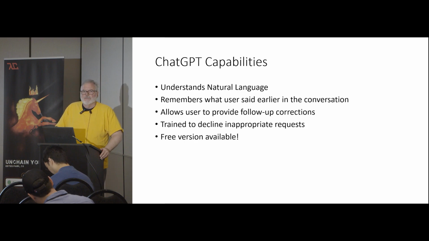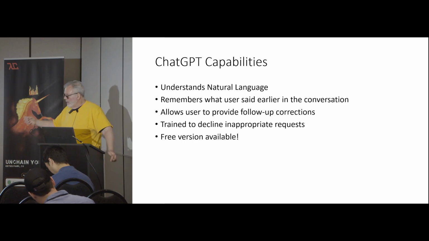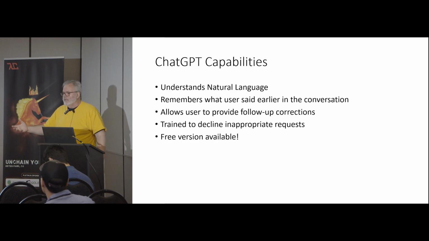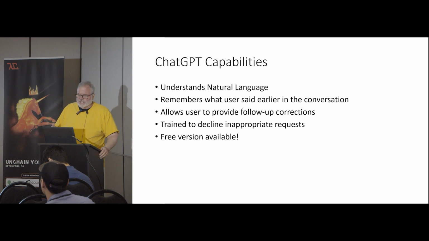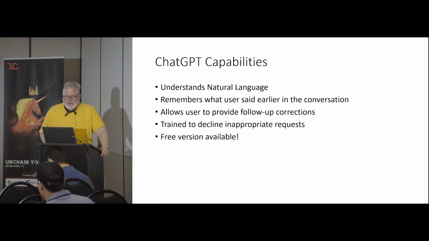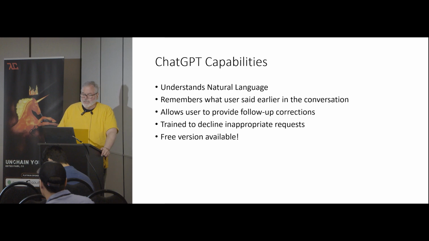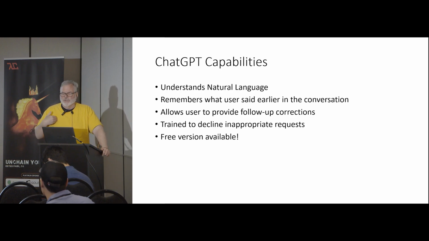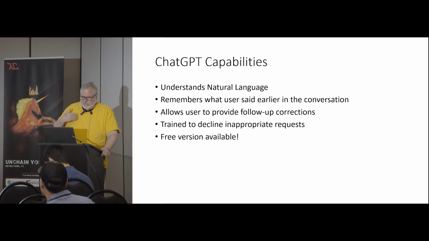It's smart enough to allow for corrections. It is built on things that it's learned from scouring the internet. The internet, you may or may not know, sometimes is wrong. And so it might have some wrong information, but it's smart enough to accept corrections. So if you say, oh, this is wrong, please correct it, then it'll take that into consideration. Maybe the next time an answer is generated to a similar question, it'll get it right. I've seen that when I asked it to create a biography of myself, and it said the wrong university I went to, and I corrected it, and now it says the right one, which is pretty good.